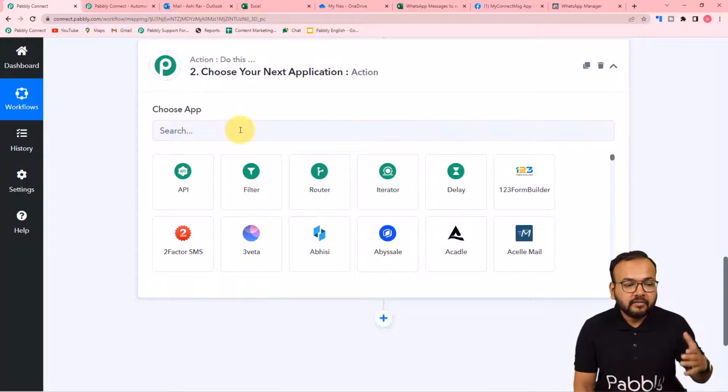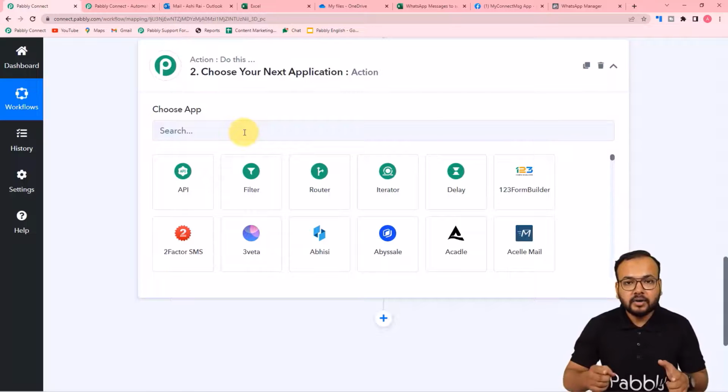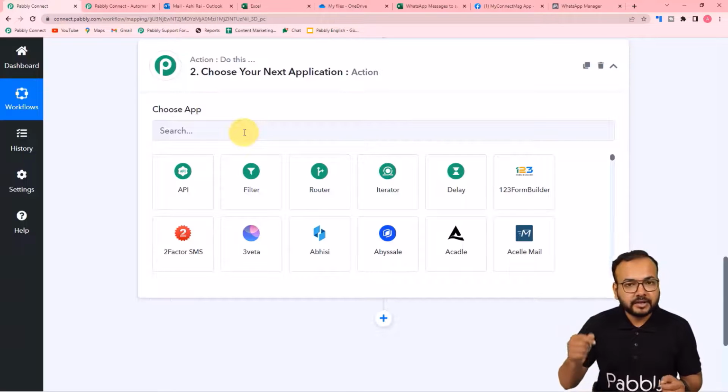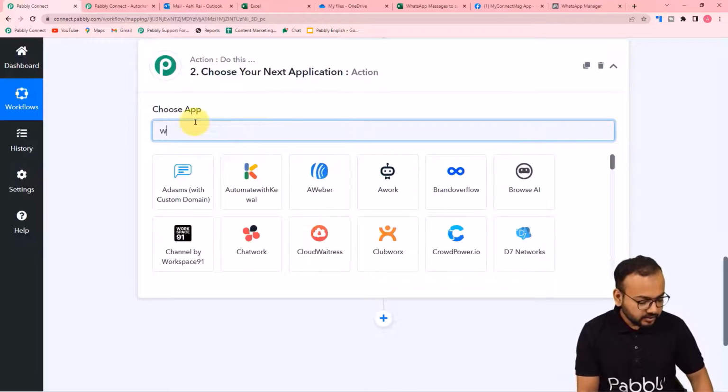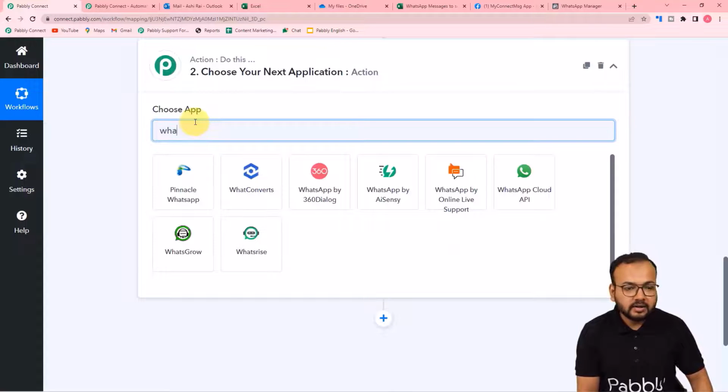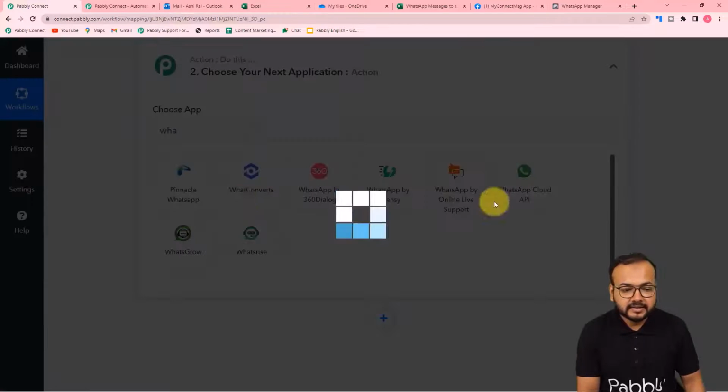So before connecting WhatsApp's cloud API here, you need to connect your number with the WhatsApp cloud API. So if you want to know how to do that, you can watch the video from the description. We have created a dedicated video on WhatsApp cloud API setup for your business. So do watch that, and after that you can use the WhatsApp cloud API feature here in the Sections tab. So after setting up your WhatsApp cloud API, you just have to search for it here, and here it is. Just select it,